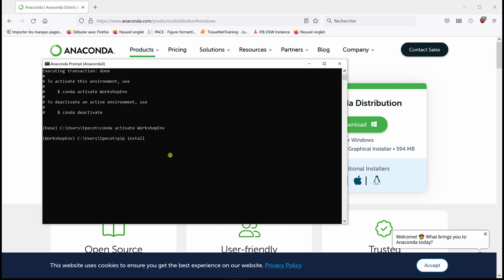And then maybe I'm going to first download the Github folder because there's a file which is entitled requirements.txt that contains all the packages we want to install. So I'm just going to go